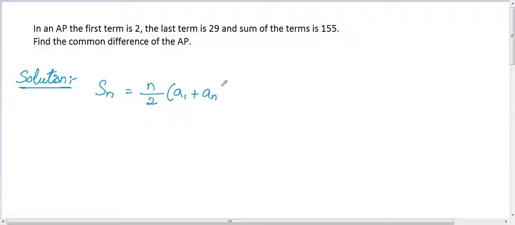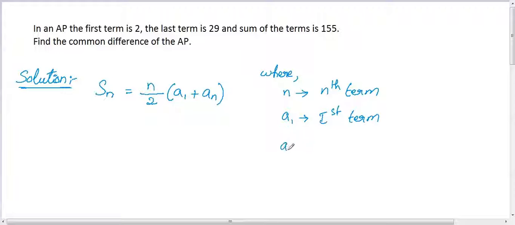So first, let's write the sum formula. Sum of n terms, Sn is equals to n by 2 into first term plus last term. So where n is the nth term and a1 is the first term and an is the last term, or last term or nth term. Now